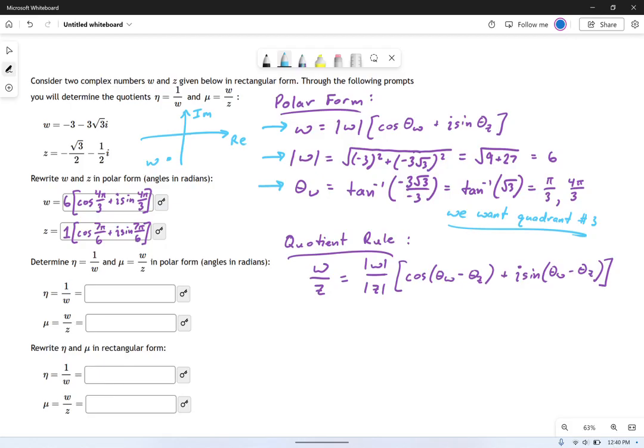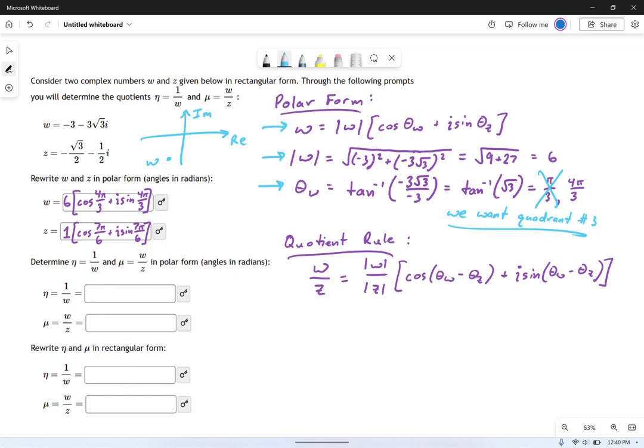Now, when you eventually get two angles, that's normal, right? Sometimes you only get one angle, but often you'll have two angles for the inverse tangent. You must select which one of them is appropriate. So if you look at where your point is located, using those rectangular coordinates, you can plot it and see that it's in quadrant 3. Well, pi over 3 is not in quadrant 3. 4 pi over 3 is in quadrant 3, so that's the angle we're going to use, and that's why you can see I have 4 pi over 3 in my answer right here. Okay, so that's how you convert things to polar form first.